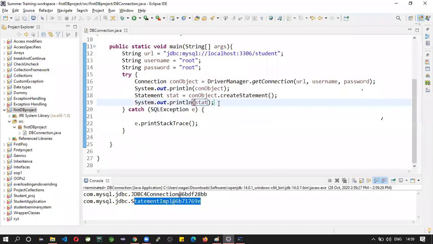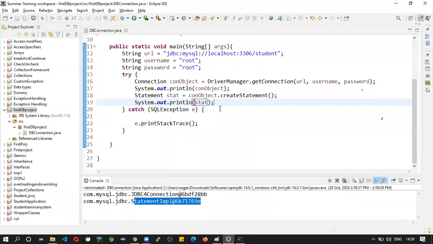After creating the statement, what is the use of the statement? Statement is used to execute the queries, right? The statement object has two methods. Okay, not only two, but these two methods.